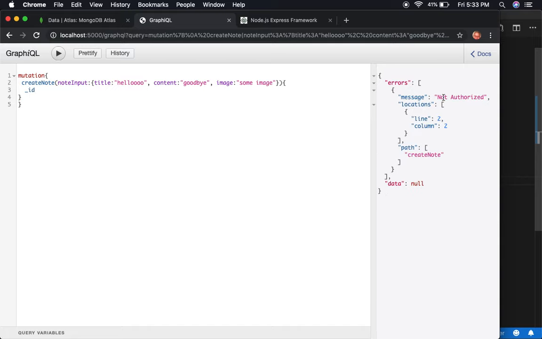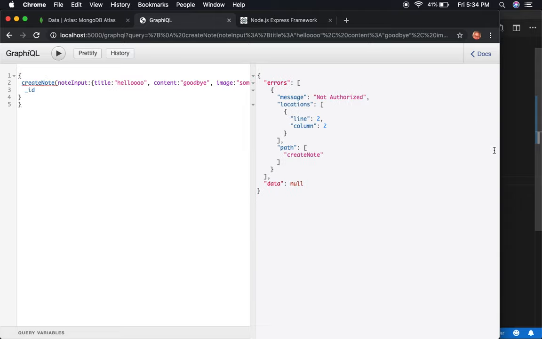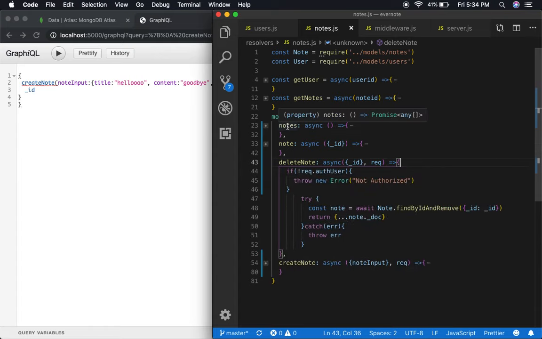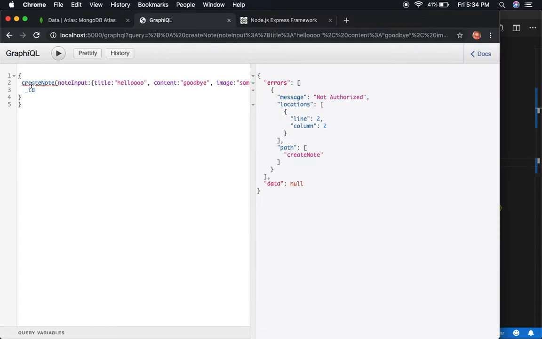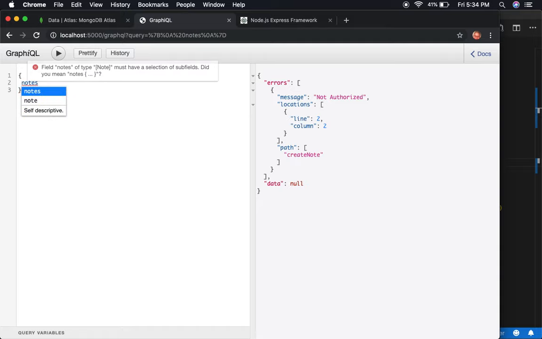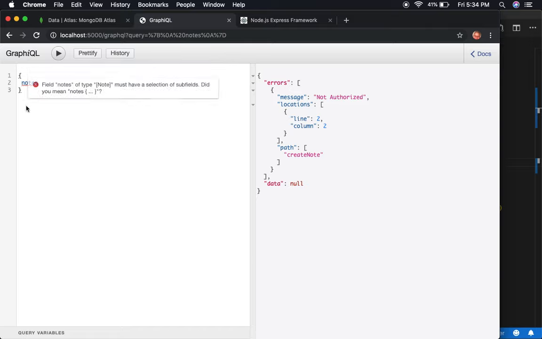The ID, not authorized. So great. Okay. So that route is protected because you're not authorized. But we didn't put any protected routes on the notes, right? So let's try to query for the notes and see how that works, see if we still get our notes back, which we should, because we didn't put any protected routes on there. Should work. Let's see. Title, content,